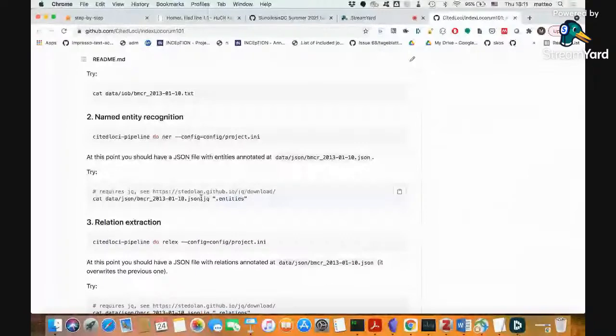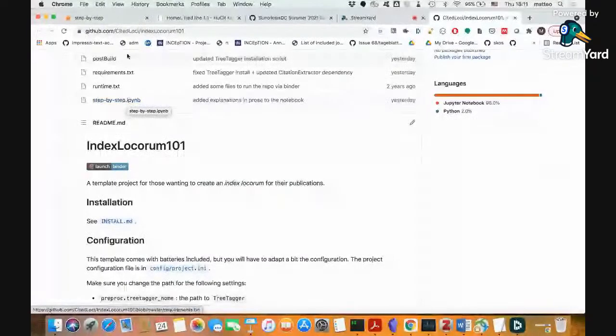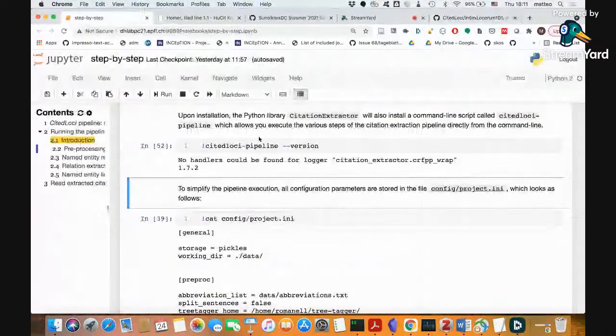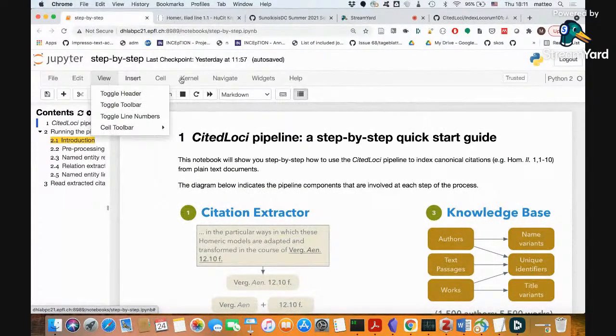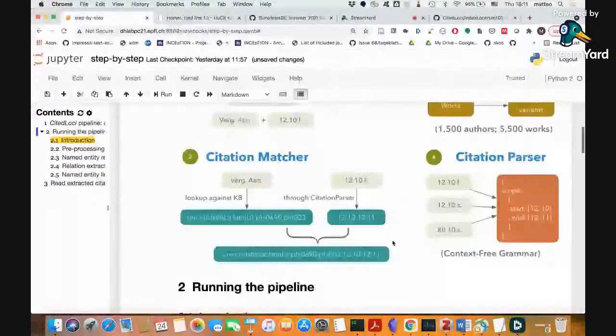It's a bit more pedagogic, and it takes you through the different steps of the pipeline and explains what is going on. So what I can try to do is to clear the output and see where it works.